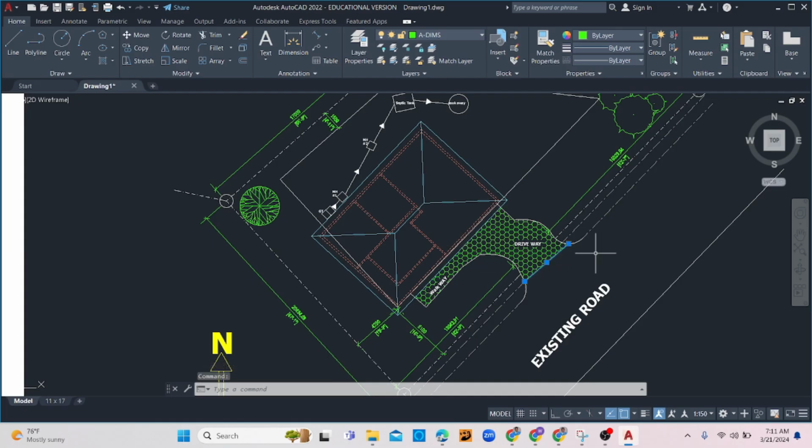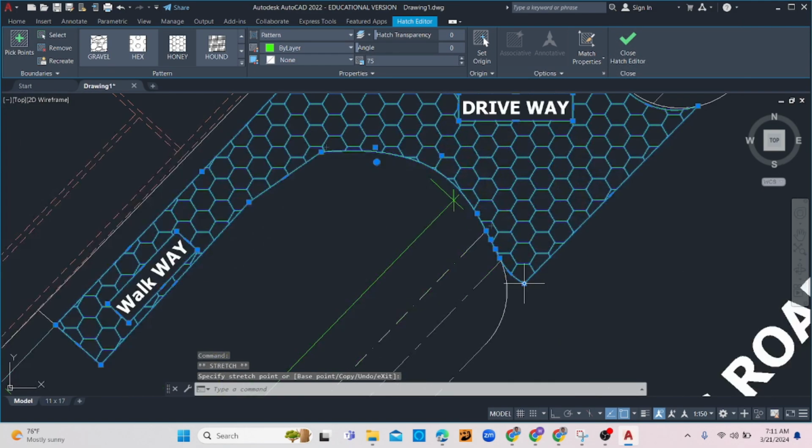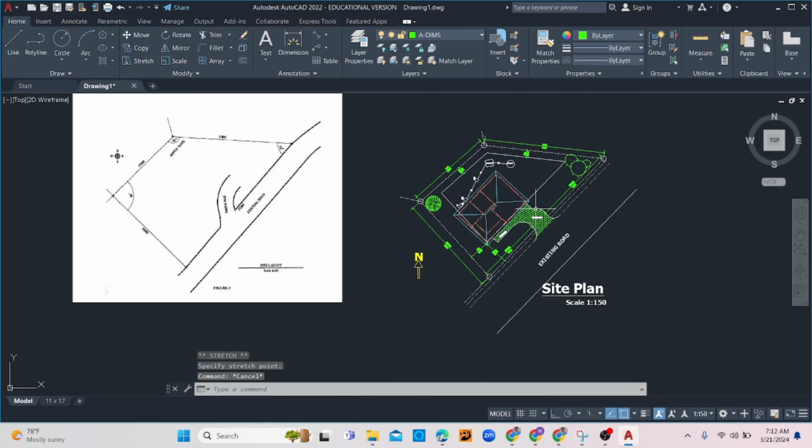Alright, and then out here now will be the asphalt road. Alright, so you decide how you would want to have it done. Alright, let me push this around. Yeah, and there you go, the site plan completed based on what was asked of you from the test. Alright, now